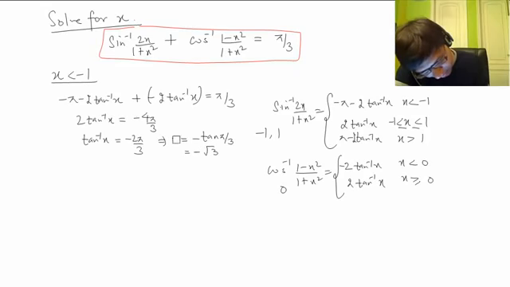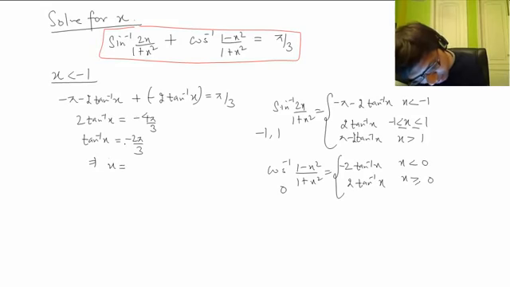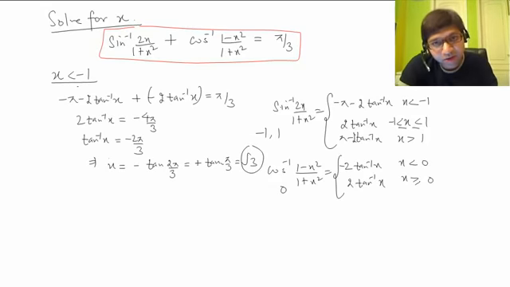I think there's a mistake here. We take tan of both sides, the minus will come out: tan 2 pi by 3, and tan 2 pi by 3 is actually negative. That was a mistake. Minus will become plus, tan of 2 pi by 3 is minus root 3, so x is root 3, that is tan pi by 3, that is root 3. And x equal to root 3 does not belong to this interval, because we are taking the interval x less than -1.